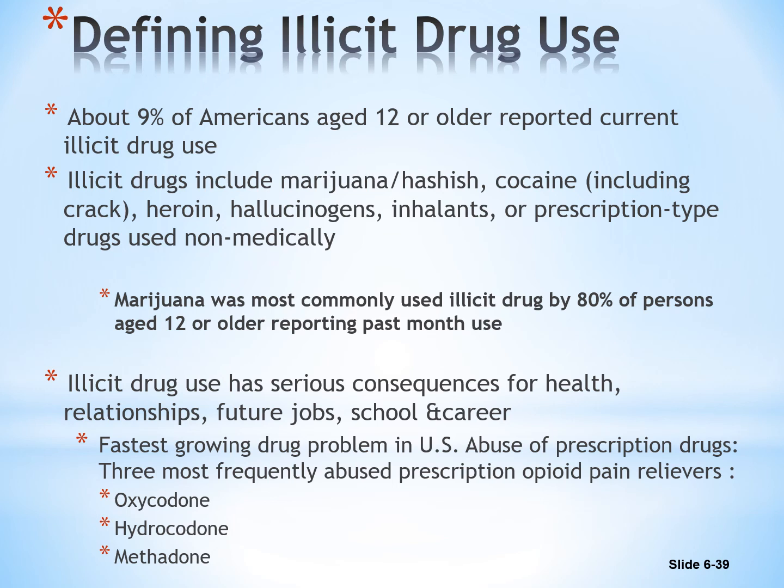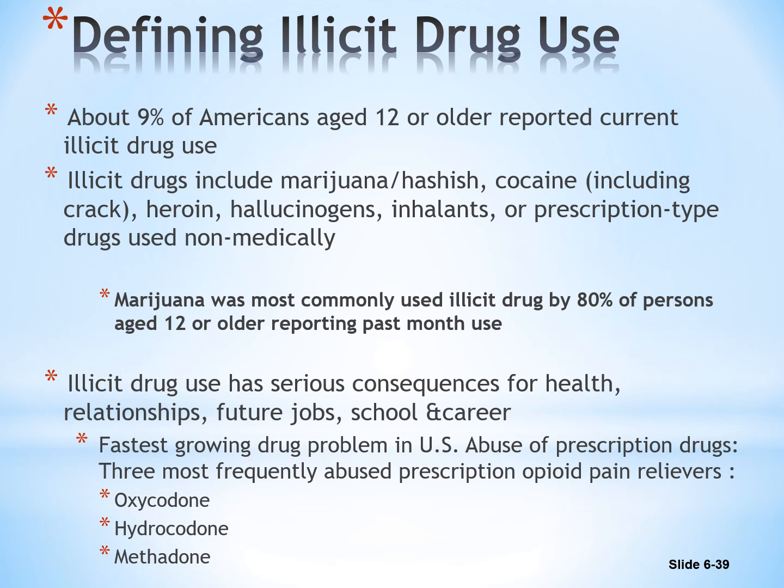So 9% of Americans, and these are kids, teenagers, preteens, 12 years old, report using some kind of illicit drugs. Of course, where are they going to find the drugs? In parents' homes, in the cabinets, etc., or maybe from friends. So illicit drug use is basically marijuana. Now I know that marijuana is now legal in some areas, but not every area.